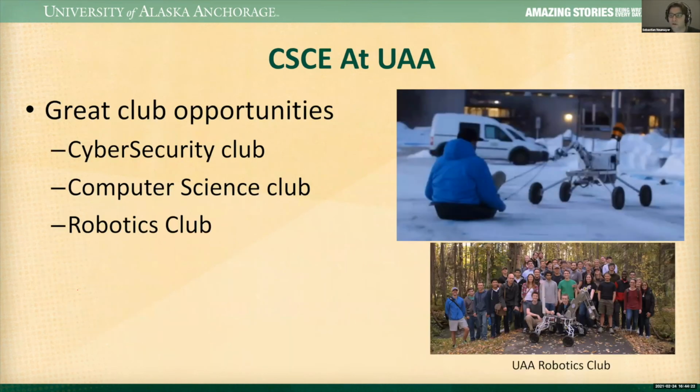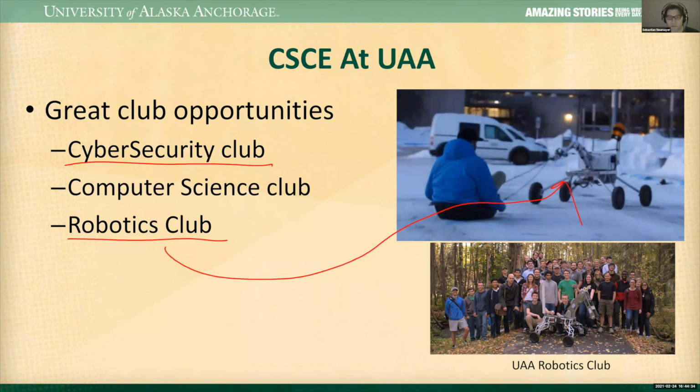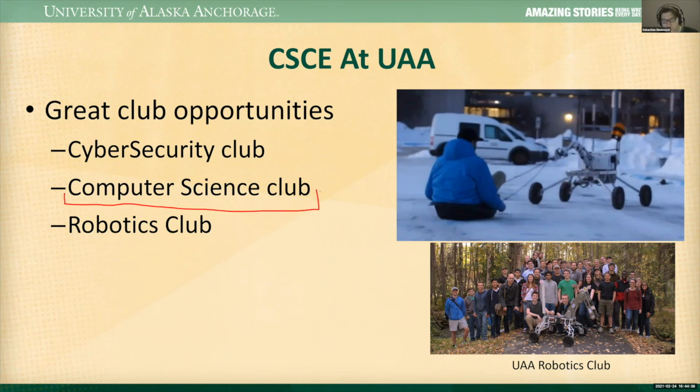And so at UAA, what do computer science and computer engineering look like? Well, in addition to the classes, we have a bunch of clubs. We have the cybersecurity club and the robotics club. You can see the rover is pulling someone on a sled there. We also used to have a computer science club. Since COVID, it's kind of gone defunct, but I imagine in future years there'll be a push to revive it. The computer science club would just work on creating games or programs that they dream up.